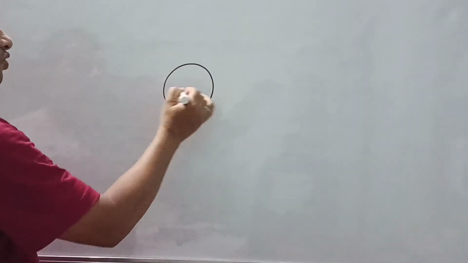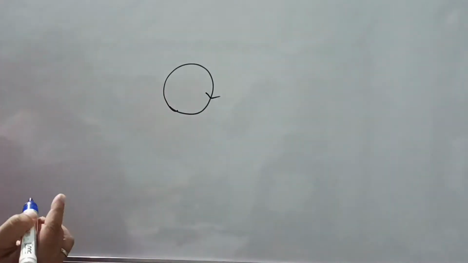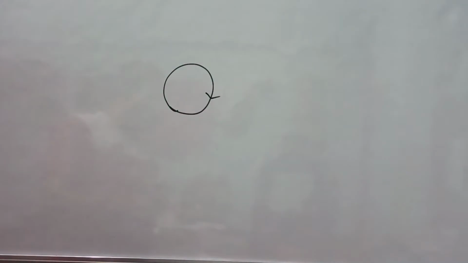Students, next part is the magnetic dipole moment of a revolving electron. You know that when a charge moves, we say current is there. Suppose here is the current loop. Current loop means charge is moving due to flow of charge, that is current. And this current loop is a dipole, already you know.